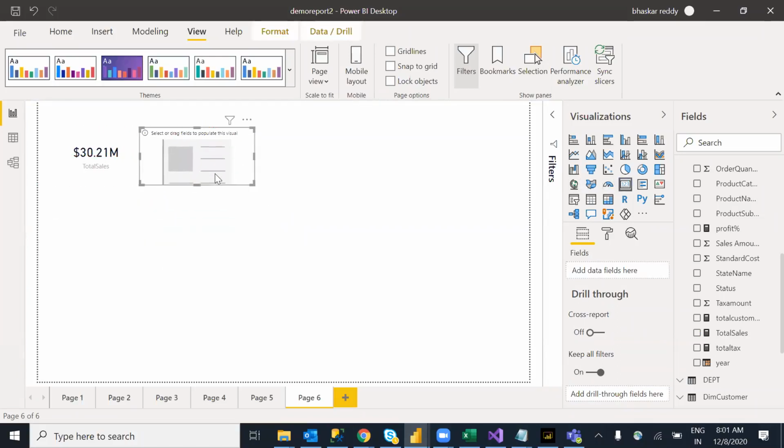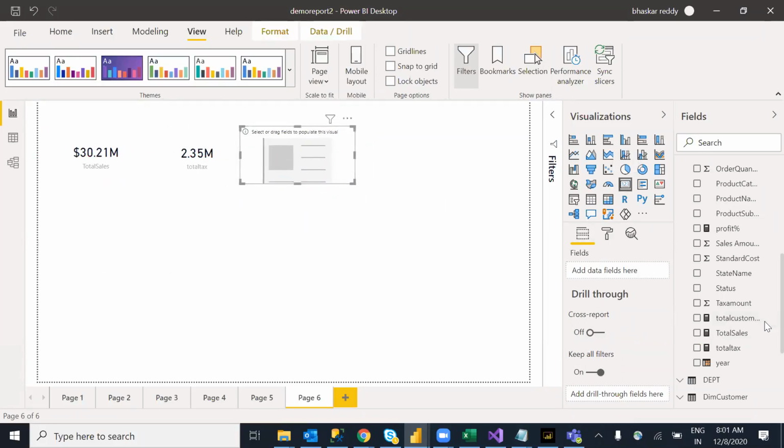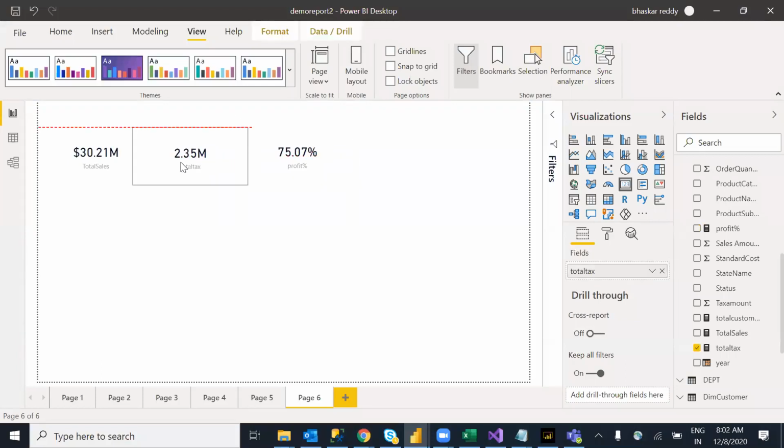I have another one I want to display, like total tax amount, then the percentage of this. Let me go with another one. Like this, some high-level reports display overall measure values using card visualizations on top, and below they display all the visuals. So we can use a card visualization like this. A card will take only a single value. You can't display multiple values. That is a card visualization.